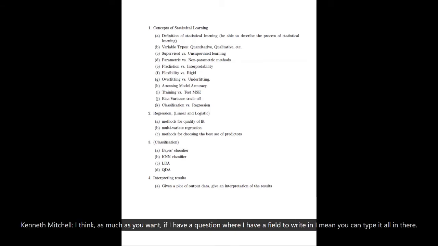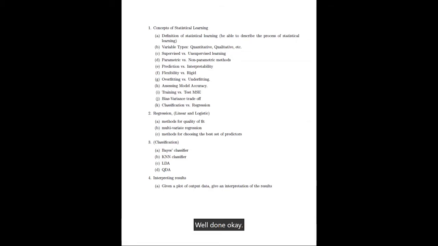If I have a question with a field to write in, you can type it all in there, and that way it would be completely online. Yeah, but what was my question? Is it okay if I just write them down, scan my answers, and upload them instead of typing them? Will that be okay? Yeah, I could do it with